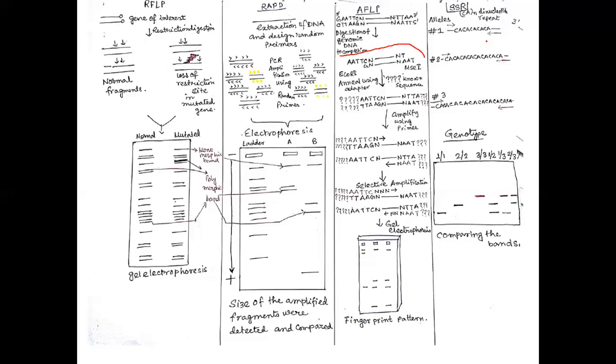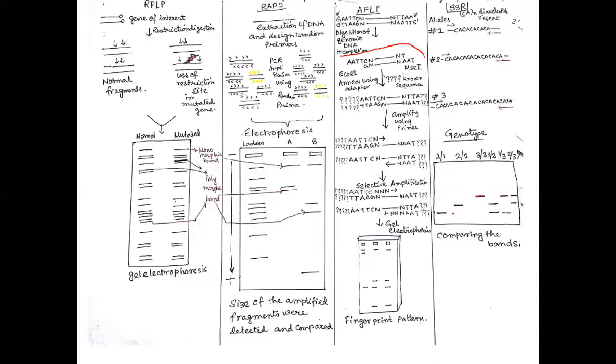Similarly, another technique is SSR, which is simple sequence repeat, which is also microsatellite DNA. Microsatellite DNA has dinucleotide repeats, and here we have taken 3 alleles of the same gene. Suppose in allele 1, the length of the dinucleotide repeat is like this. In allele 2, the length of the dinucleotide repeat is like this, and in allele 3 it is like this. So at the flanking sequence, if we use primers and amplify, we will get bands of different lengths, and even in combination we will get different bands.